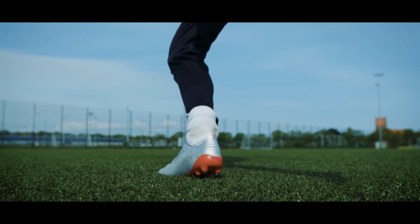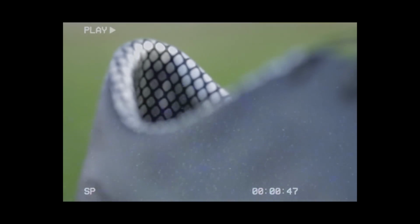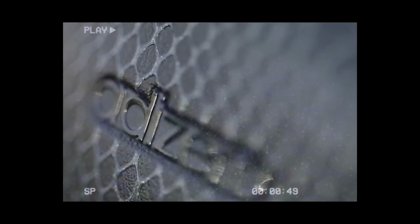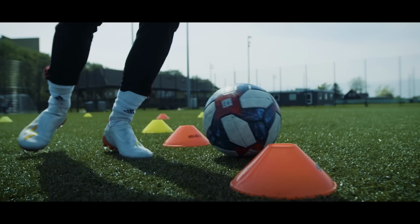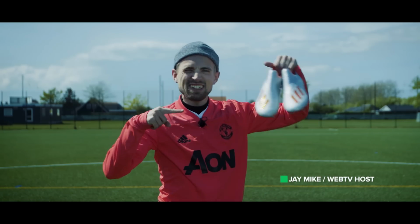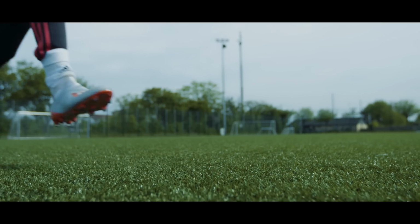Bring back the F50, they said. Ever since Adidas killed off the Adizero in 2015, people have been calling for it to return. But now, maybe those calls will fade away. And with the facelift given to the X19 Plus, Adidas have taken what worked on the previous model and made